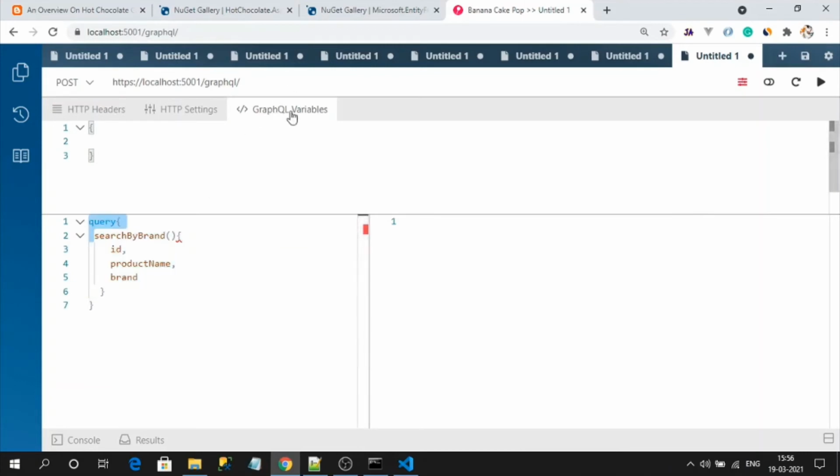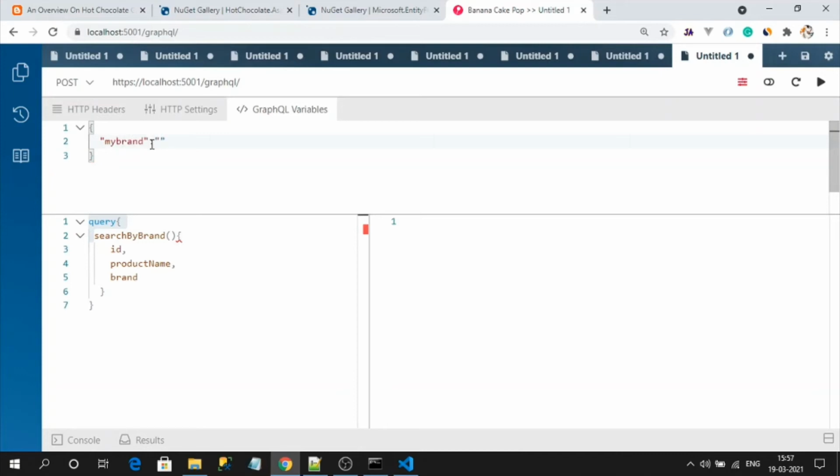You can see here the variables section for defining variables in Banana Cake Pop. To view it, you can toggle those special tabs here. In the tabs, you can observe the GraphQL variables tab. Here, you can define any kind of name, it's up to you. I will create my brand variable name.